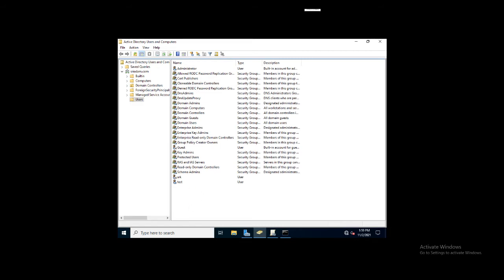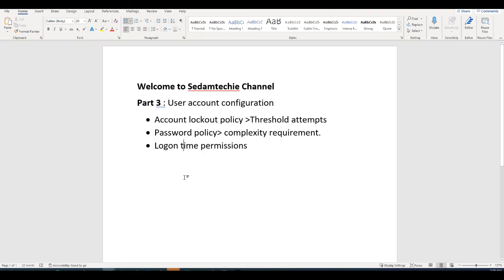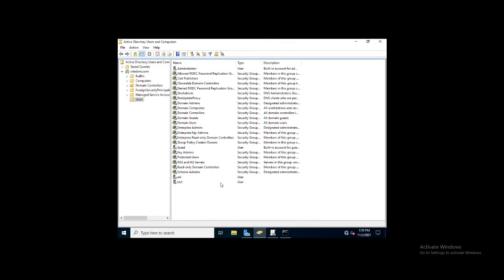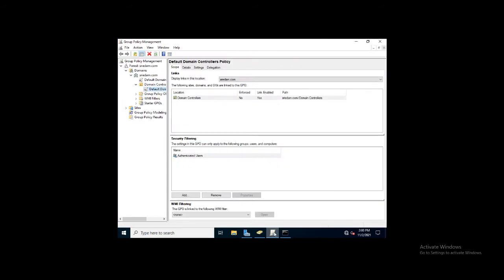The next setting is the password policy complexity requirement. If you want the user to use special characters, uppercase letters or numbers in his password, how do you configure it? We have to configure it in the same group policy settings.